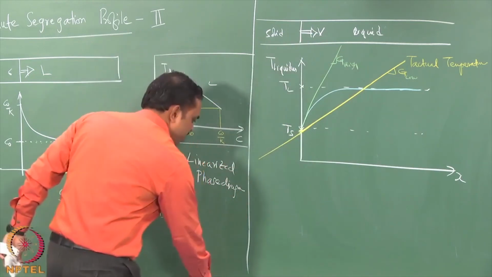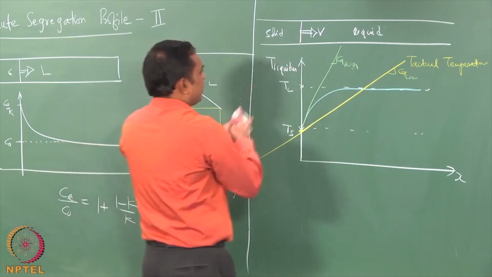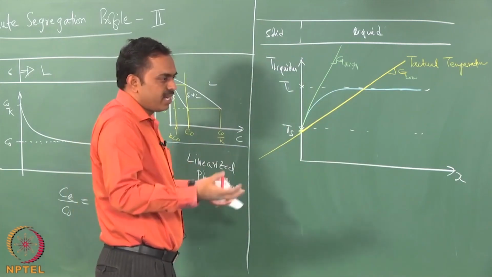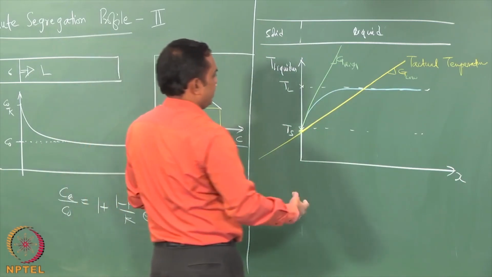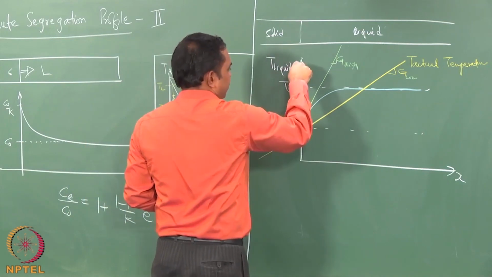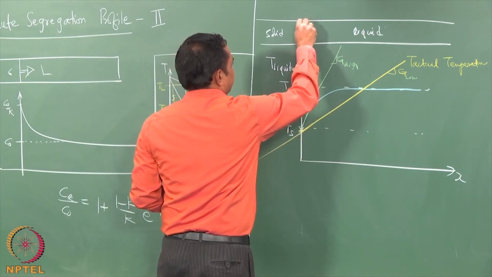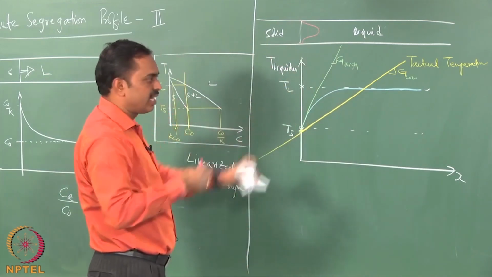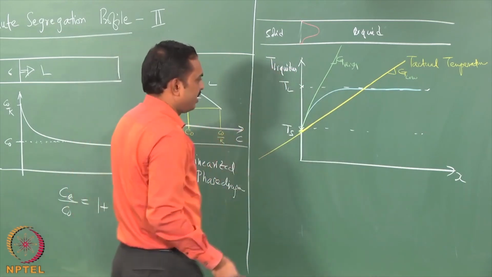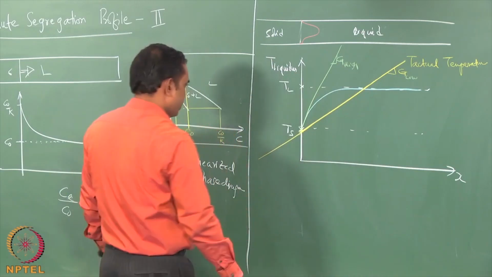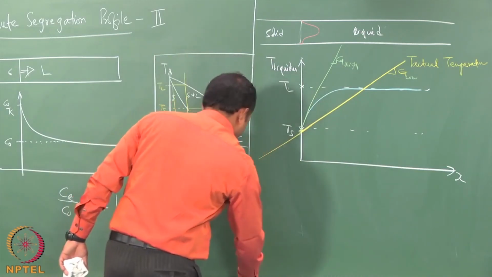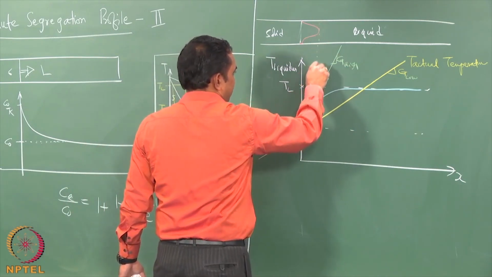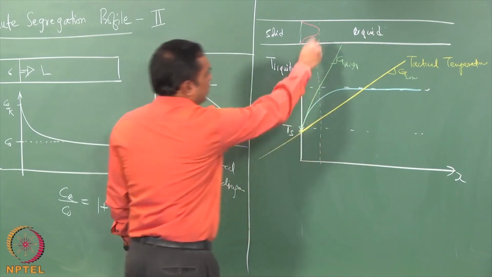Now, what I want you to imagine is as follows. Imagine that this interface has got a perturbation due to normal vibrations that are there in the system, thermal fluctuations, etc. So, let us say that this interface is not straight, but let us say it has got a fluctuation. I am exaggerating it because I want to show clearly on the board. Okay, so, the fluctuations are generally much smaller. So, if that is a fluctuation, then how would the temperatures look at the front of the fluctuation